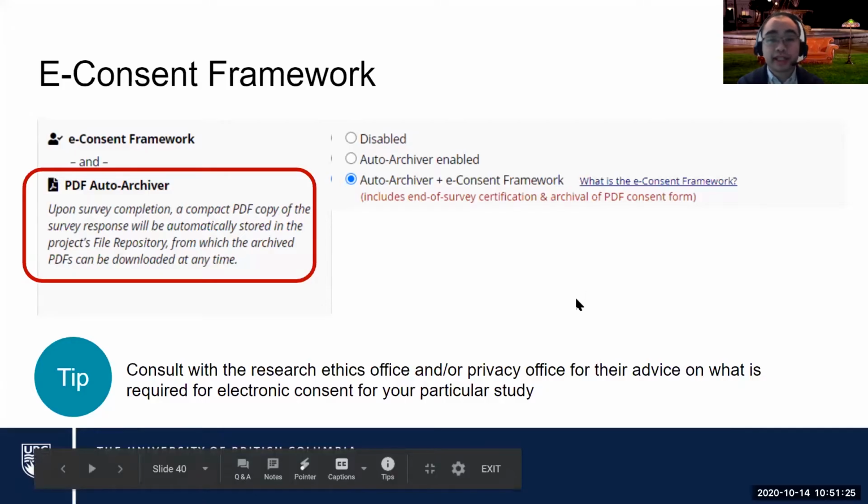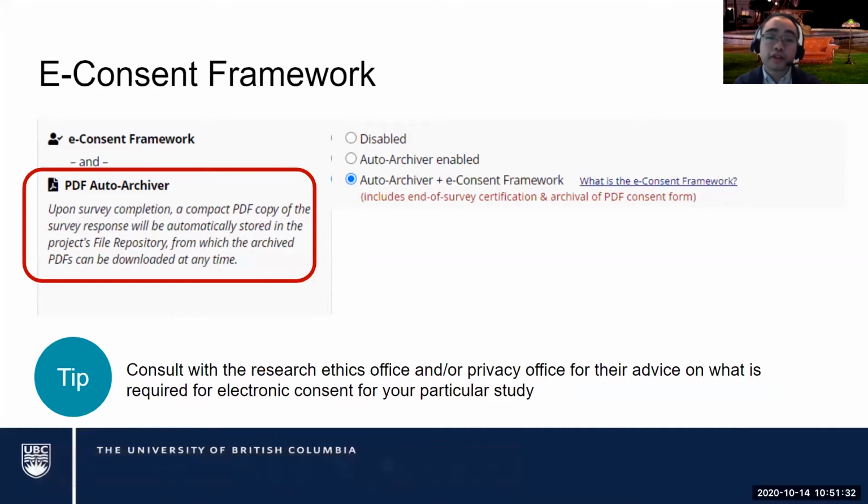And what is the e-consent framework? I would advise, and a tip for you all, is to consult with the Research Ethics Office or the Privacy Office when applicable for their advice on the requirements for electronic consent for your particular study. Depending on the risk level of your study in terms of the data you're collecting, there could be a spectrum of requirements of